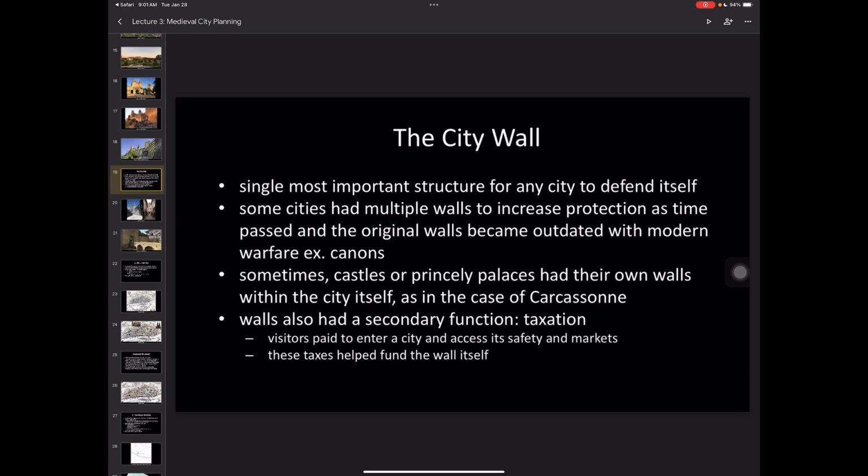If you are a farmer, you're going to be on the lowlands in the agricultural area, and so when you cart in your produce to sell in the city, you do have to pay a small tax to enter the city, to have the privilege of selling to the townspeople. And with this money, they're then able to fund themselves and increase whatever it is that they're trying to do, their growth, their infrastructure, their marketplaces. But this specific function is going to play a role in how the city develops, which we'll see in the linear city. So keep this taxation in the back of your mind for now.